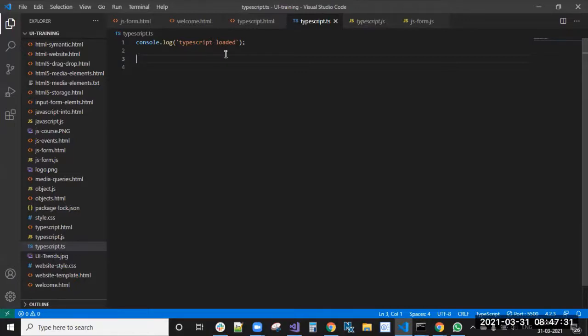But in TypeScript, everything is block level. Everything is a block. If you are writing an if condition, that is one block, and the else condition is another block.